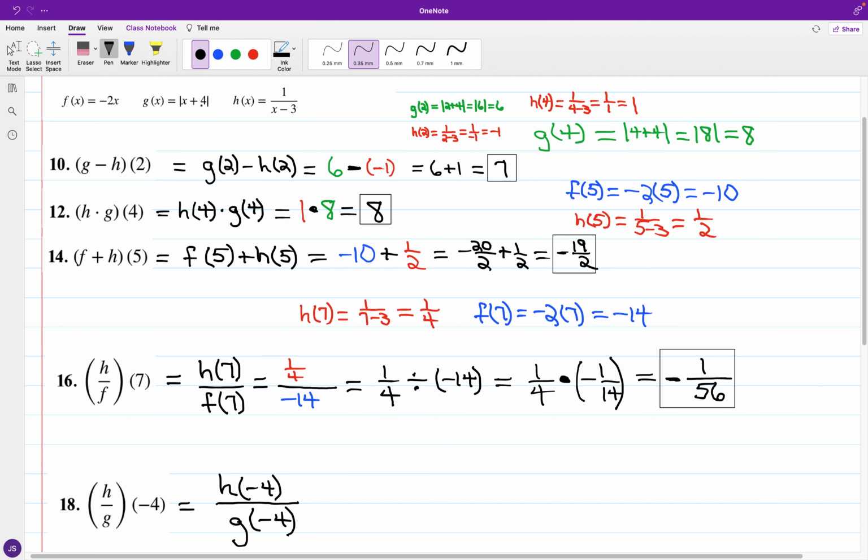And for h of negative 4 over g of negative 4, so you have h of negative 4, so you have 1 over negative 4 minus 3, so this would be 1 over negative 7. And so in the case of h of negative 4, this is going to be a minus 1/7. And in the case of g of 4,